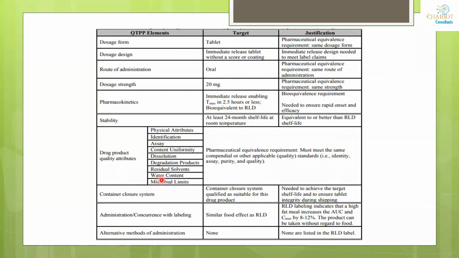The water content values, what should the water content values be. The microbial limits. So these are the drug product quality attributes. The container closure systems, I mean if you talk about the packaging, whichever is there. Your administration in concurrence with labeling, I mean for example, similar food effect as RLD. For example, if the RLD has said that there are chances that the drug absorption will decrease when you take food, so even in your generic product you should have a similar effect as your RLD,